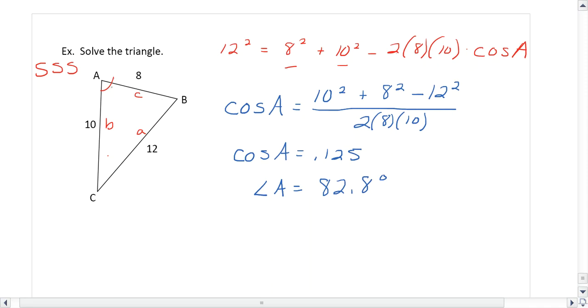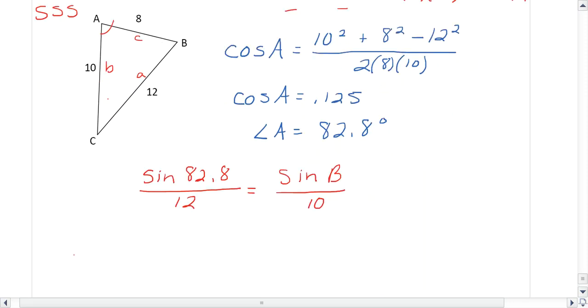Now you have some options. We know one angle and we know all the sides. So now you can switch into law of sines if you want to find another angle. And that's what I prefer to do. So if I set this up correctly with the law of sines, sine of 82.8 over 12 equals sine B over 10. Cross multiply and divide, get the sine B, and then do the inverse sine. I got that angle B is